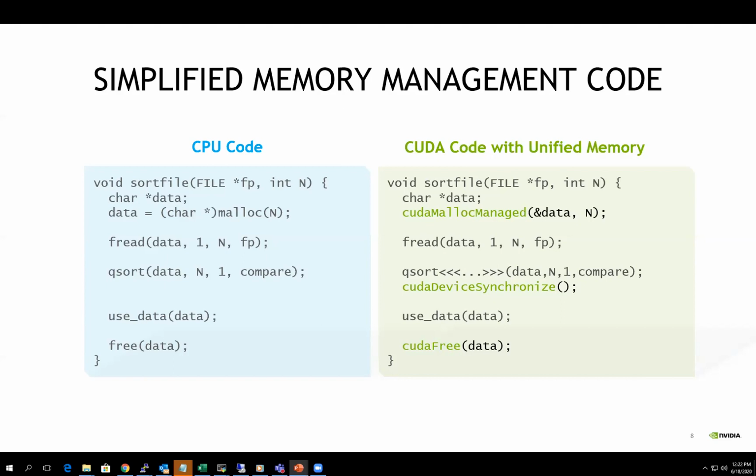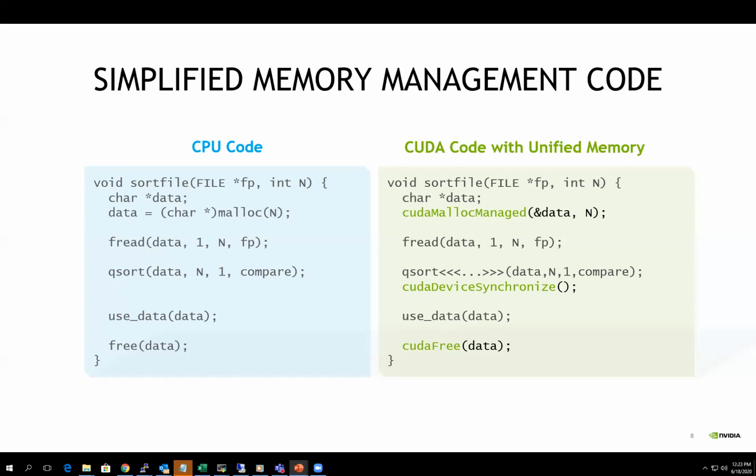Our one extra line of code here is a synchronize call. One of the things we can't get away from is the fact that we still have a two-processor system. We still have the CPU and the GPU, and the GPU at the point of the kernel call runs asynchronously. That means it's kind of like fire and forget. The call launches at the point of my kernel launch, but we don't know exactly when that kernel will end, and the CPU host thread would continue on with the next statement after the kernel launch,